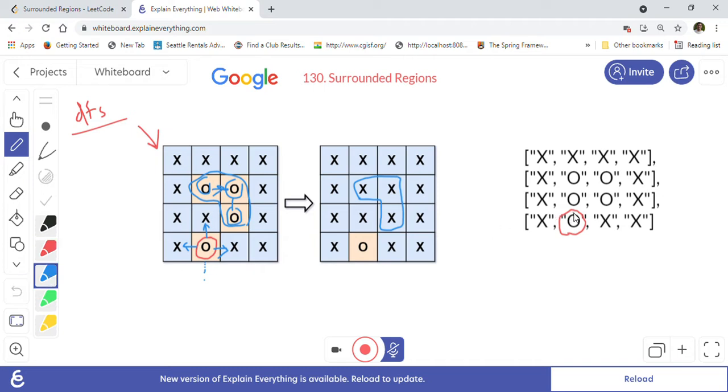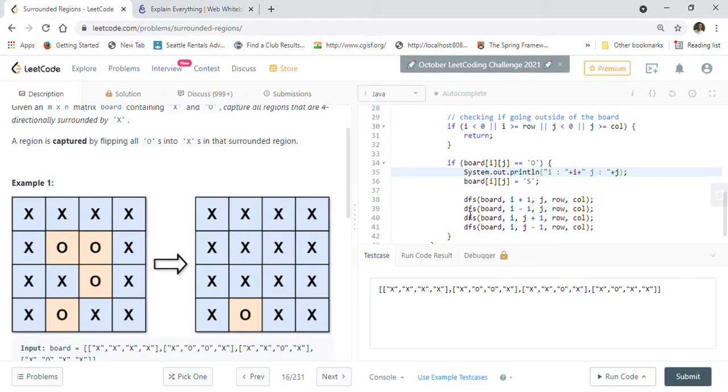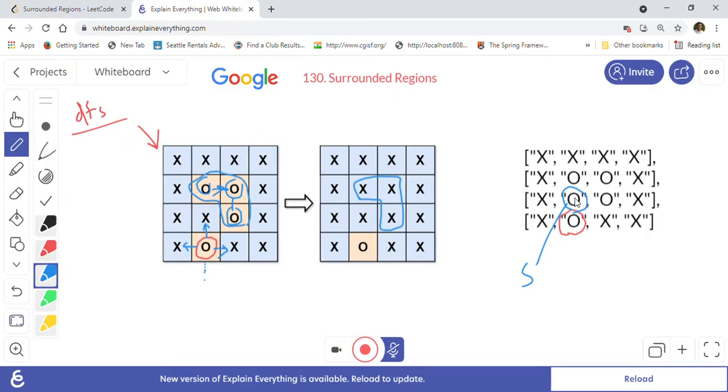Our DFS will capture this O, and we will change this O to S character. Then again we will do DFS. Again it will find an O here and an O here, since we are going in 4 directions, so we will convert them to S.